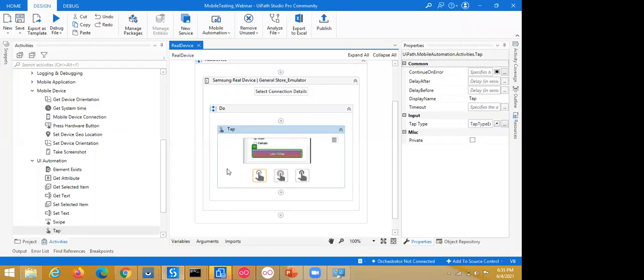So the execution is done. In that way we can automate using a real device.